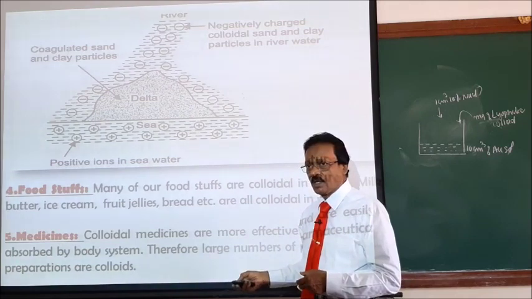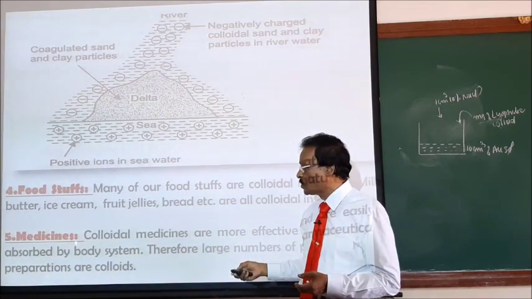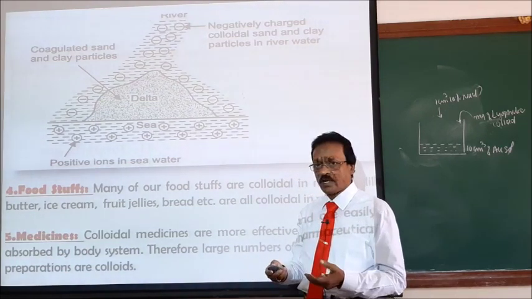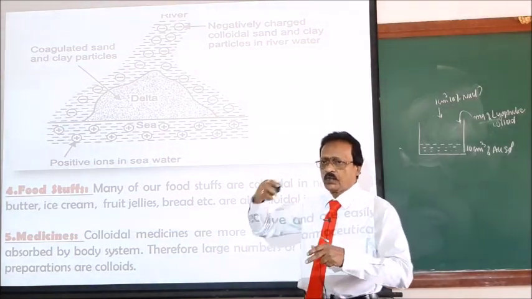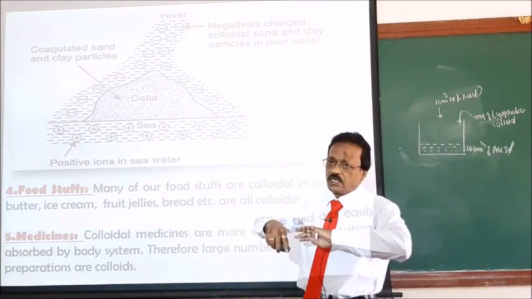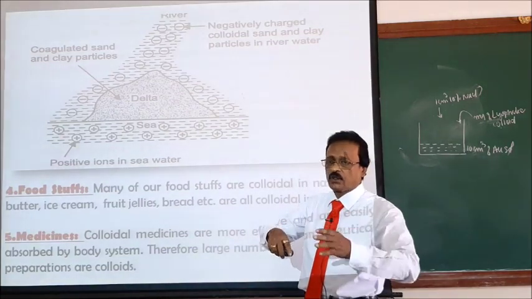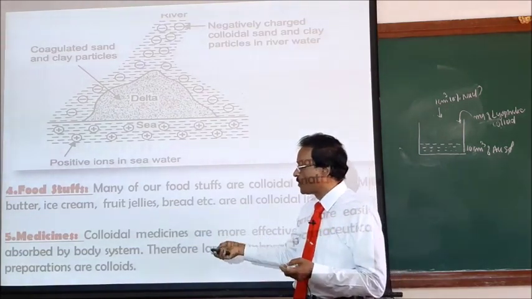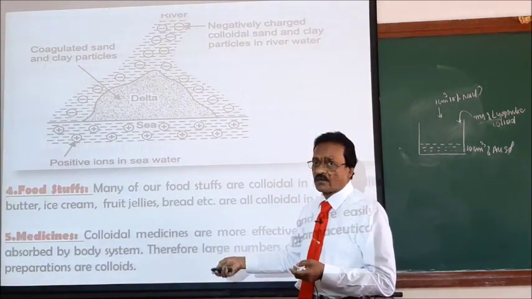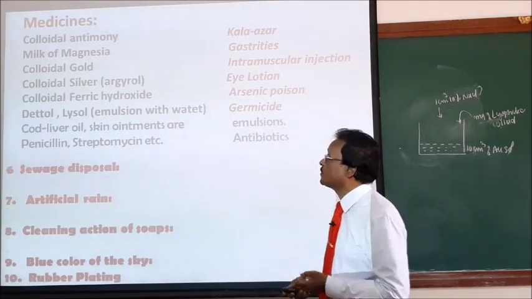Most of the medicines are most effective because the colloidal particles are charged particles. Our body is composed of charge, and all the enzymes are charged particles. So if you consume the medicine in the form of charges, it is easily attracted by the opposite charge, so easy assimilation and absorption takes place. That's why most drugs are made in the form of emulsion or colloidal suspension. I'll give examples of some of the important medicines.